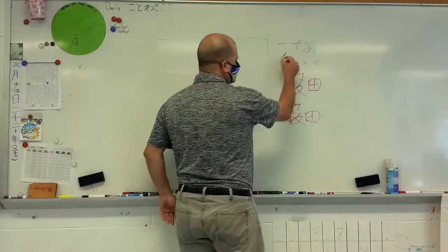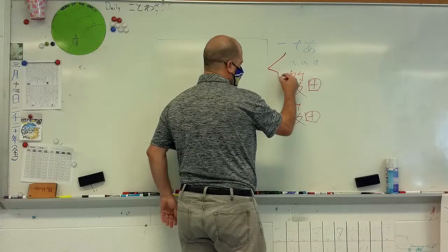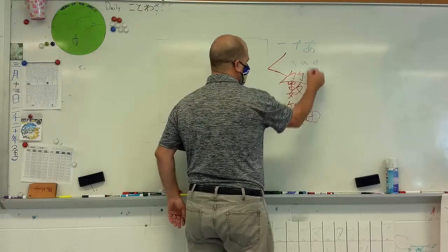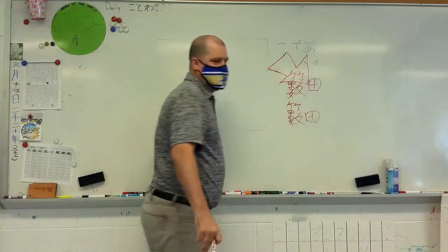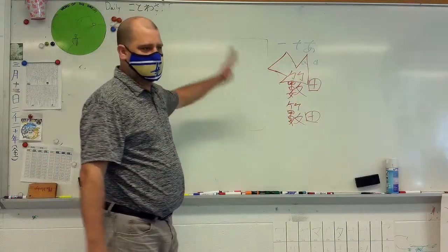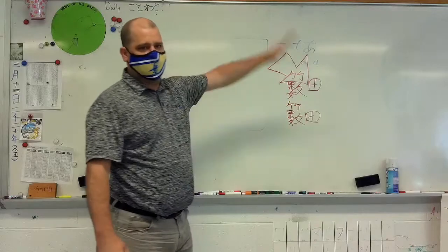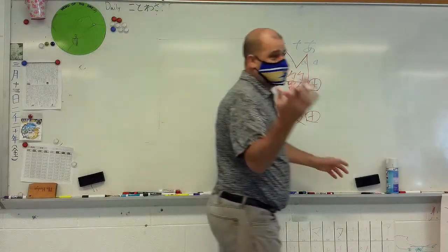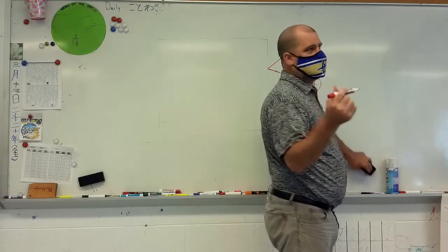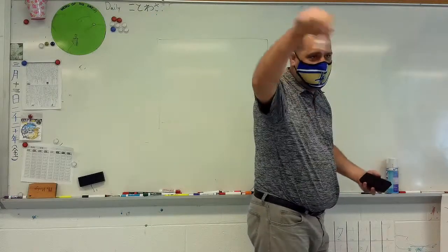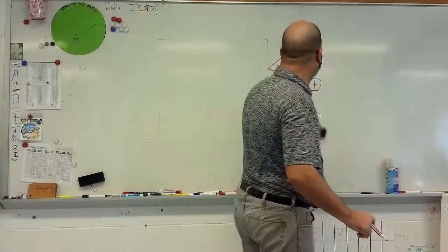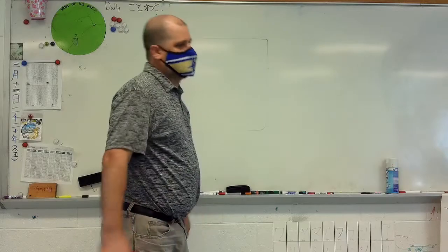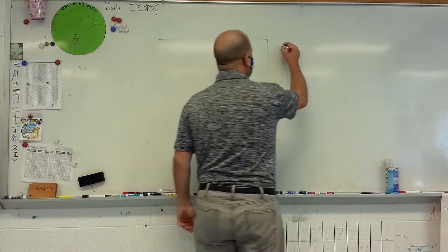Japanese almost always goes from top left to bottom right. The strokes almost always go from top left to bottom right. Okay? And that's just the way they grew up. We started as a society writing with like quills and pens and whatever. They started with brushes, so that's the way they write. So just to show you,